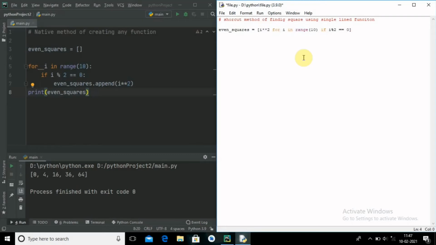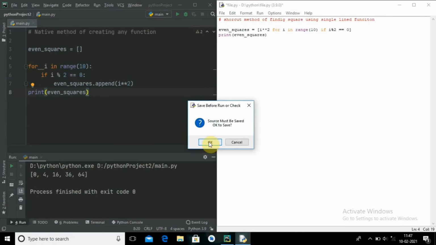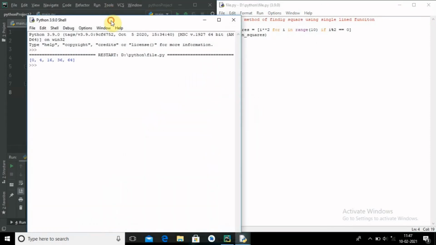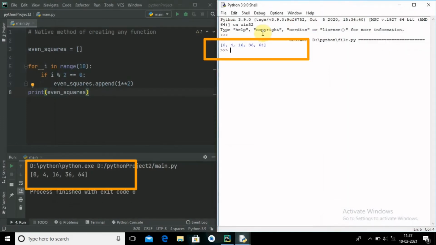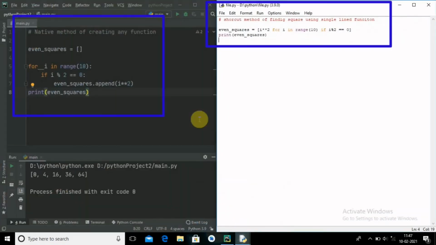That's it. Now when I print even squares, you will find the same answer as before. Let me show you when I run this. Here you go. See, you are finding the same answer, 0, 4, 16, 36 and 64, the same answers. When you compare the code between them, you will notice that it is a single line code, while the other contains multiple lines.